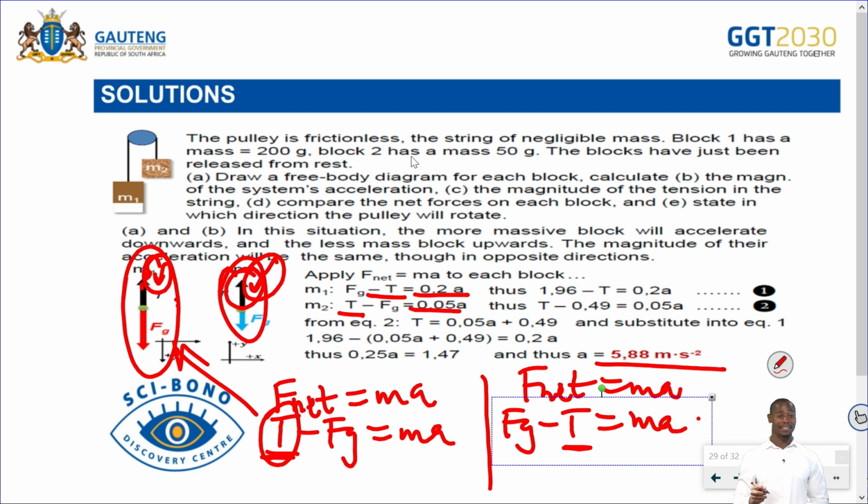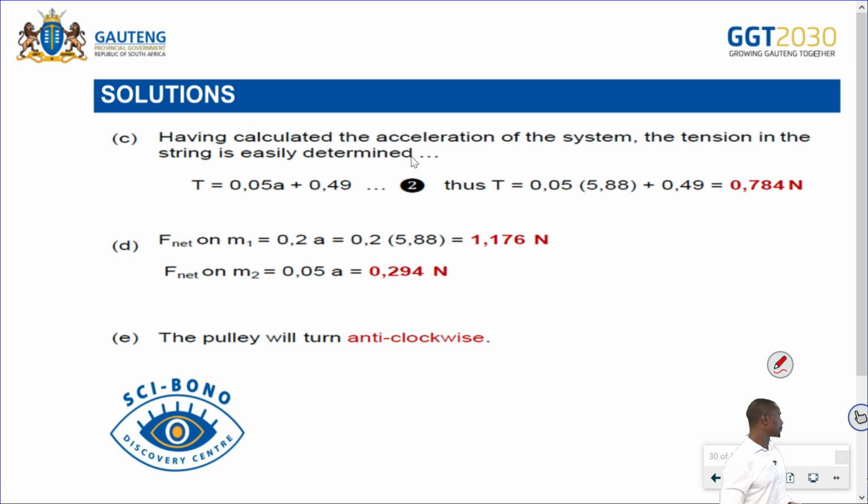5.88 meters per second squared, which is the acceleration. Right. Then